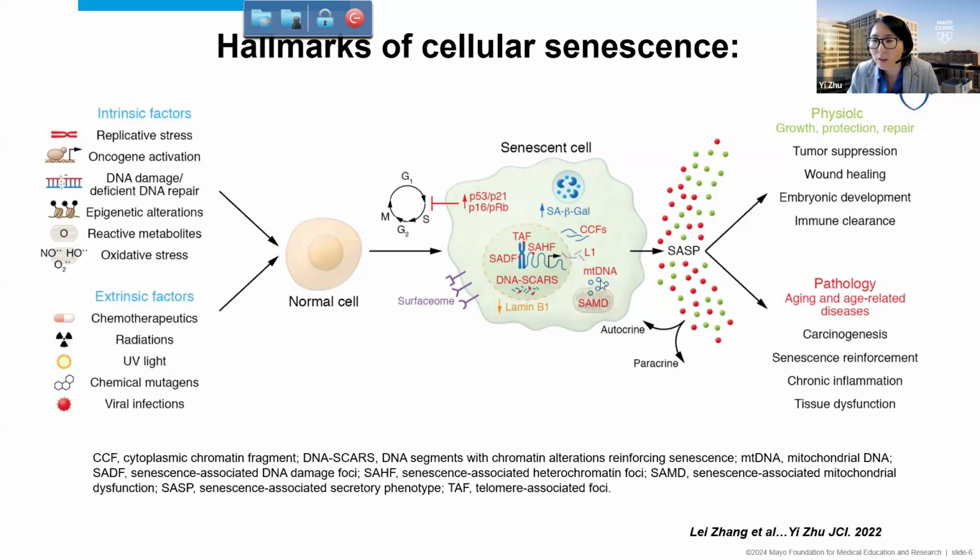They will release from either mitochondria or nucleus to the cytoplasm, and then the cytoplasmic sequential signaling senses those fragments to induce subsequent events, which we call the senescence-associated secretory phenotype,